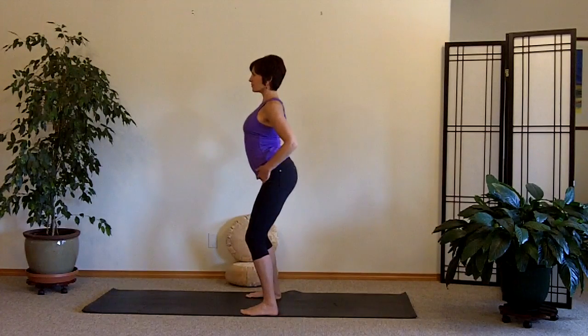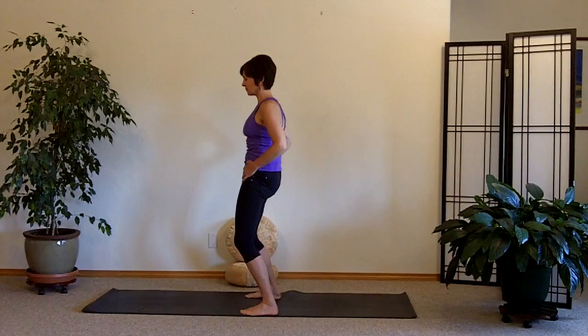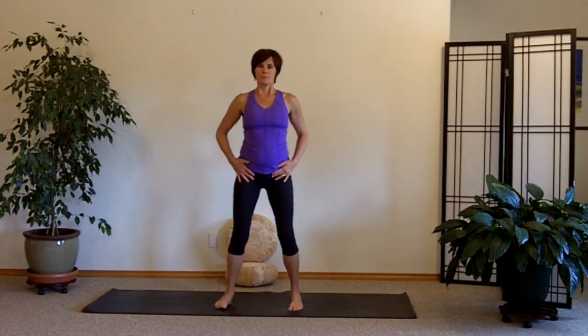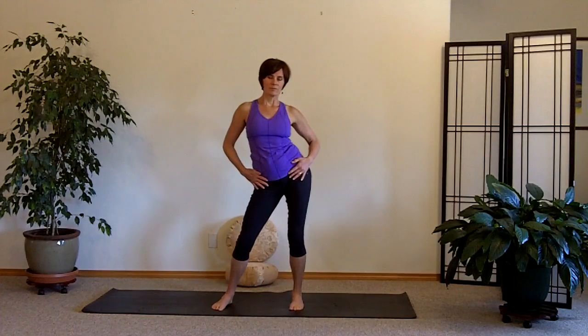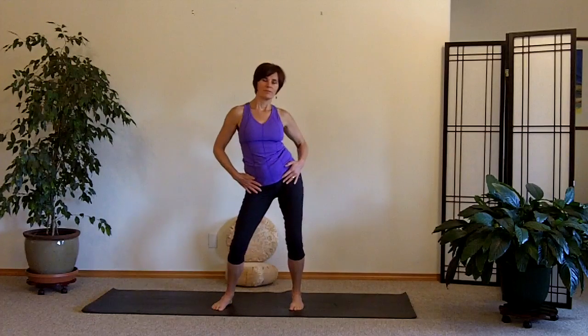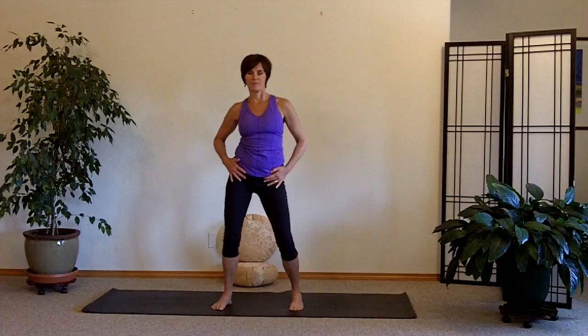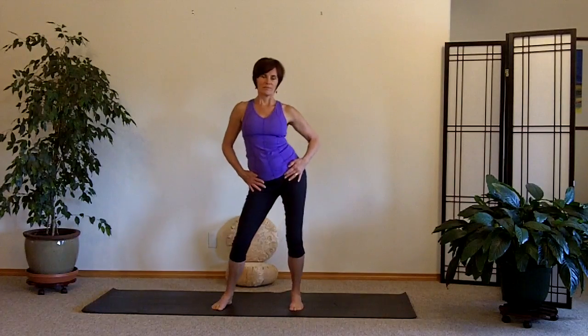Swinging the hips to the left, and then swinging the hips back to center and over to the right. Through center and to the left, center and right. And now freely left to right, left to right. This is great for your abdominal muscles